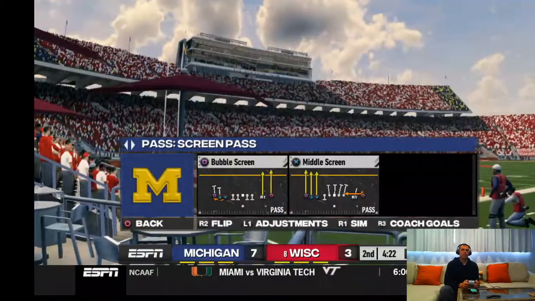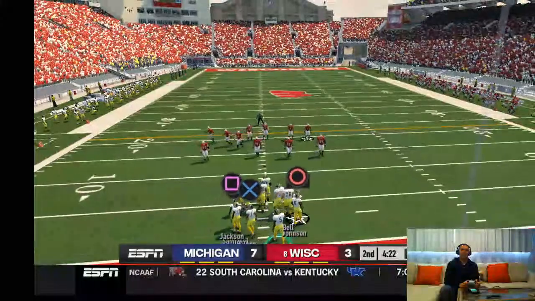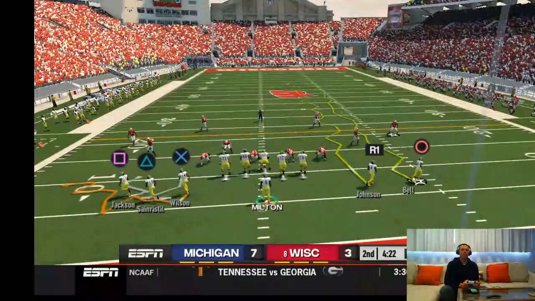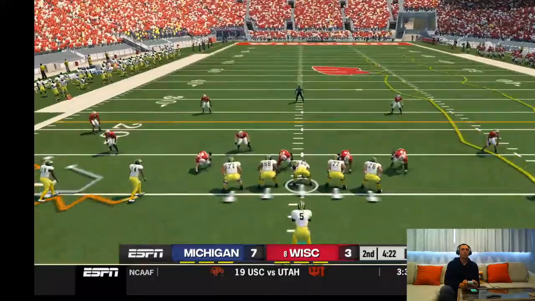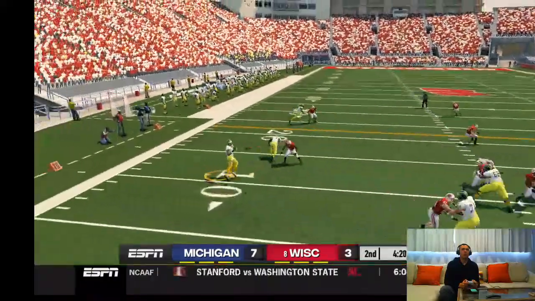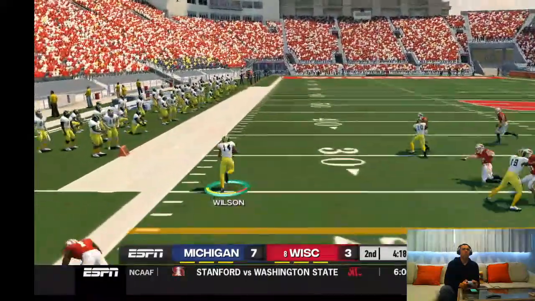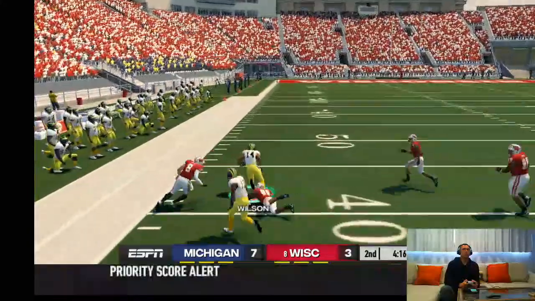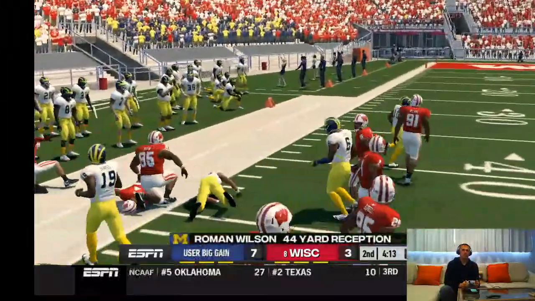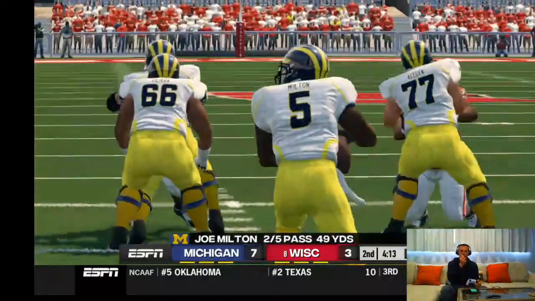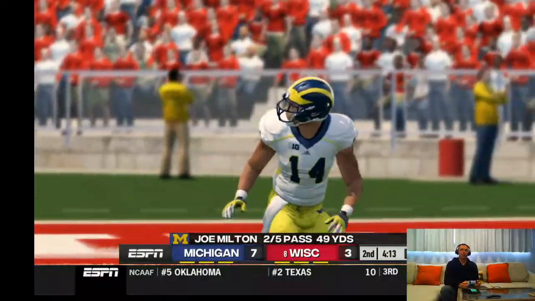All right, guys. Let's see how the freshman does here after that kick return. Let's see if they put the ball back in his hands. Michigan holds a 4-point lead. Tries to set up a screen for the wide receiver. Ooh, the 50. That play's almost too good. We've thrown that twice, and it's averaged over 40 yards both times. First down.